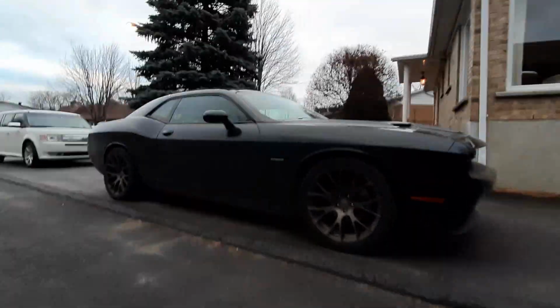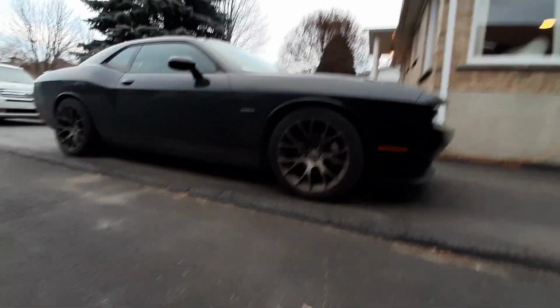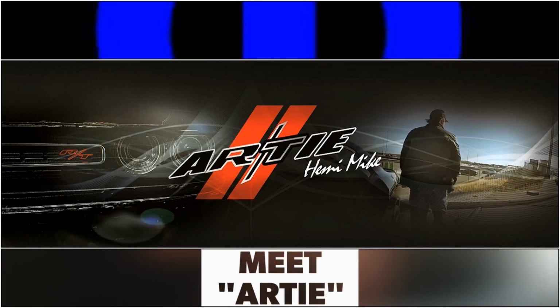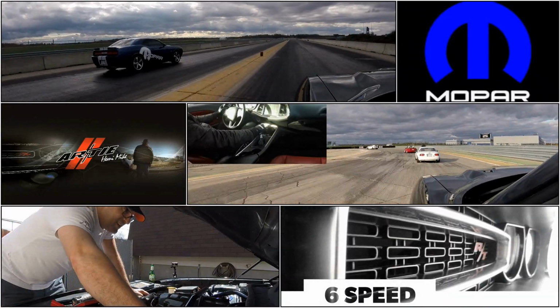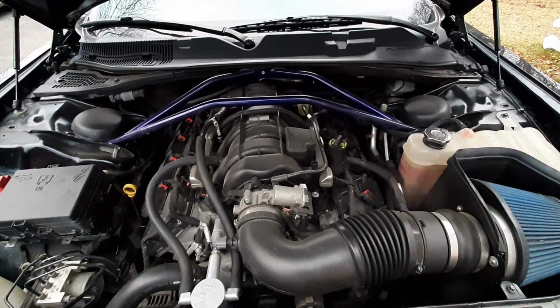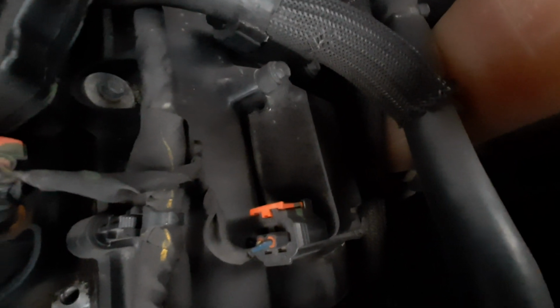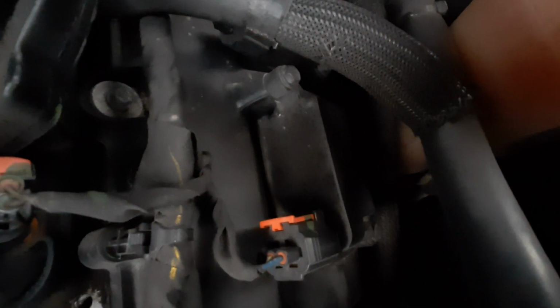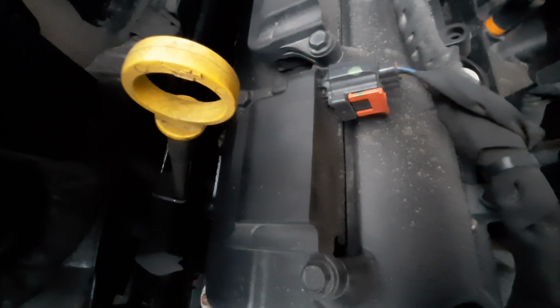Alright guys, following up on my last 2 or 3 videos regarding this Hemi Tick, and after much investigation, you know, I've also brought it to the dealer to get it inspected, and also got myself a little bit